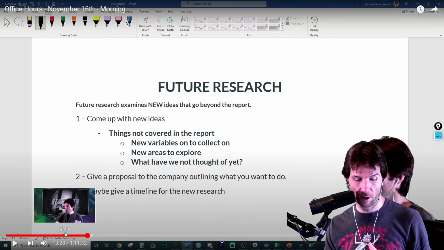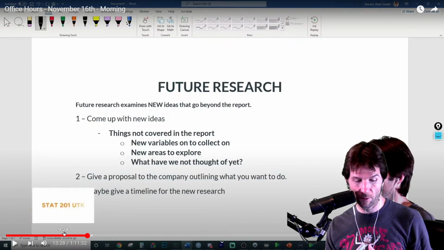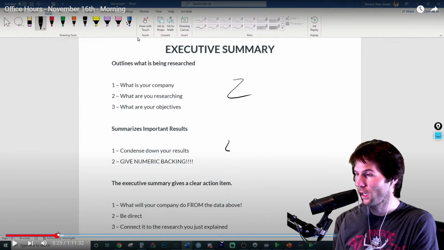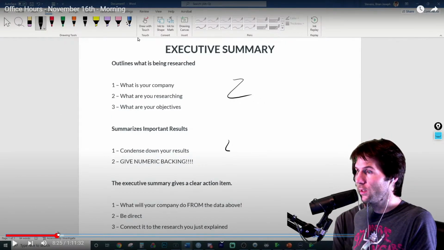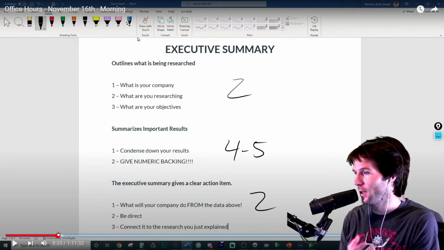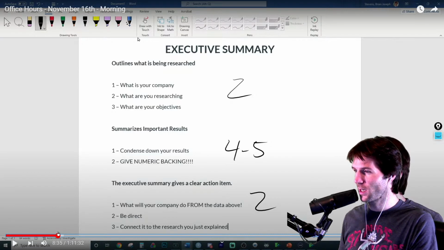So to Caroline's question, the whole point of the executive summary is that someone would actually not read your report. I know that sounds crazy, but if you're doing the executive summary right, someone would not read your report. They could just read your executive summary, and then they wouldn't have to read your report. Does that make sense, Caroline?